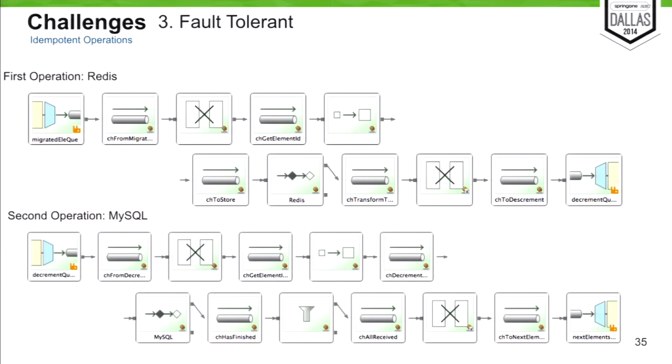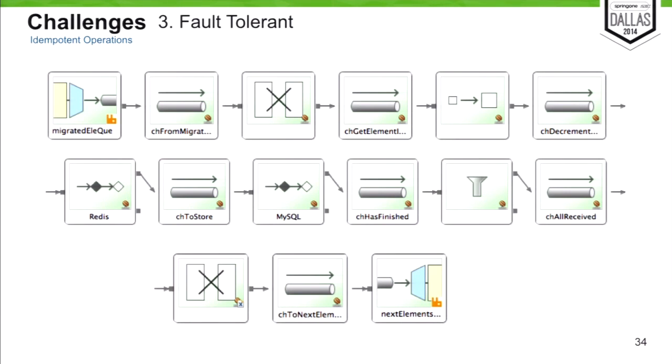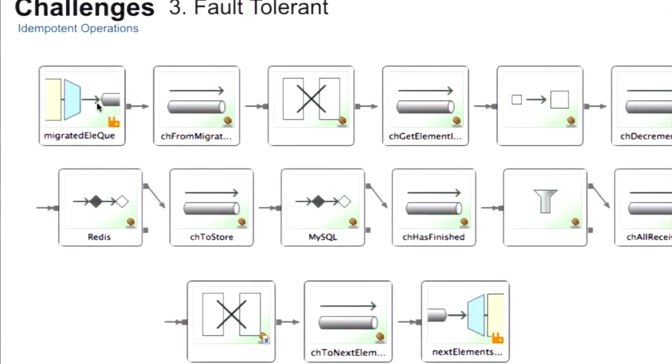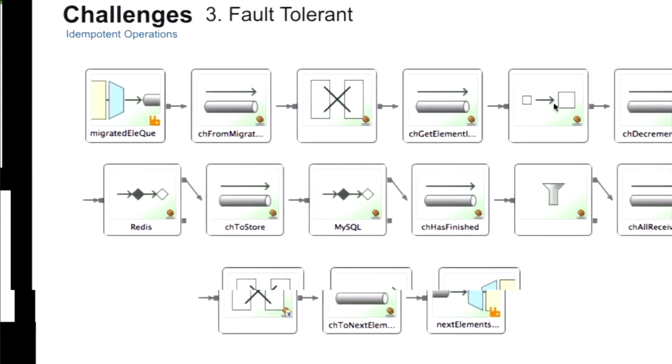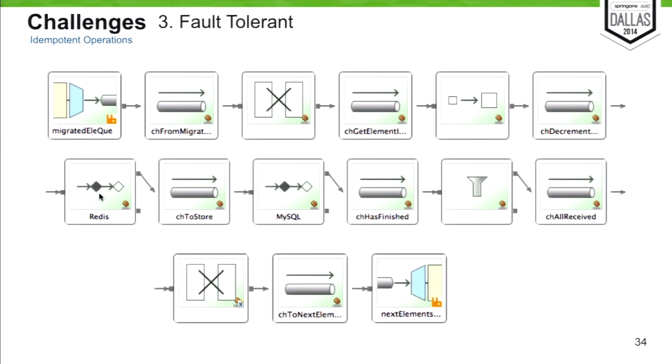Okay? Let me go back. Imagine that we're migrating 100 elements, and the destination has inserted those elements. Then the destination sends the confirmation message with the new ID. Each of these messages arrives here. Then the message is transformed to work with it. Here we get information from it. Here we decrement the counter in Redis. Now we store the new ID in MySQL, and then if the batch is completed, we send the message to a queue which is going to process the following batch, okay?